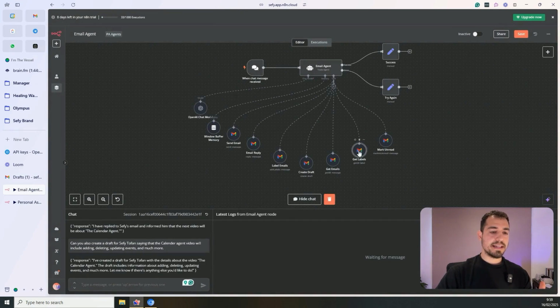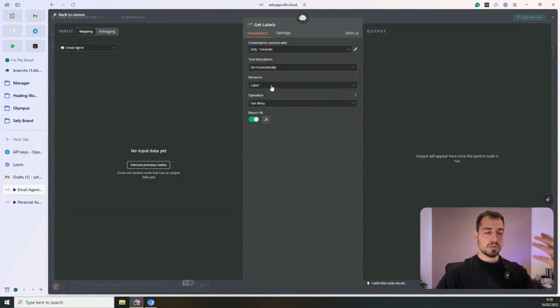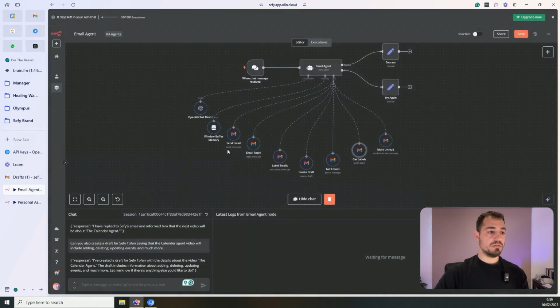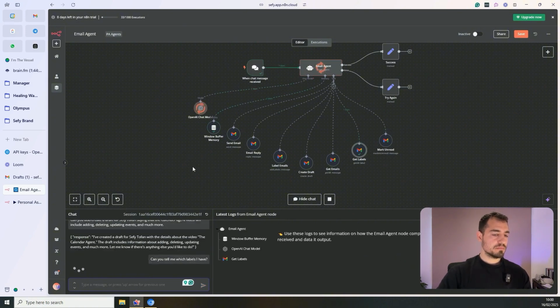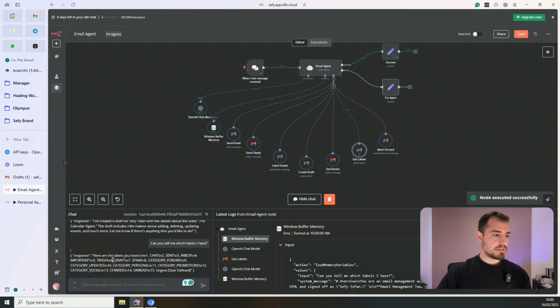It can also get labels. So in essence, it will get all of the labels to make sure that it knows which labels it can use. So if I ask it, can you tell me which labels I have? You can actually go and get the labels and tell me, okay, you have trash, draft, spam, chat, sent, inbox,